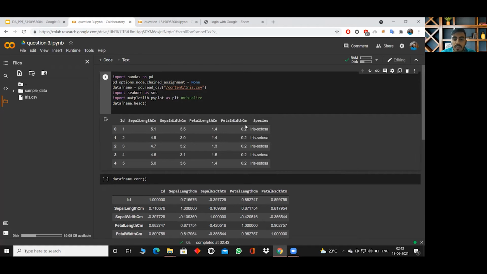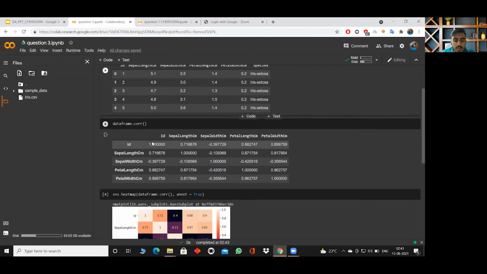So it is displaying the first five columns 0, 1, 2, 3, and 4 of the data frame. Now let us move on to data frame dot corr, that is data frame dot corr bracket. Now what does that mean? It is a function used to find the relation between different variables